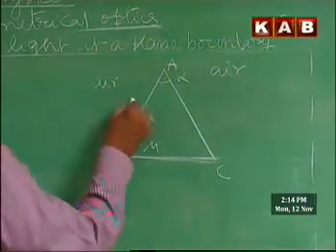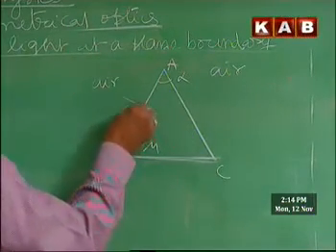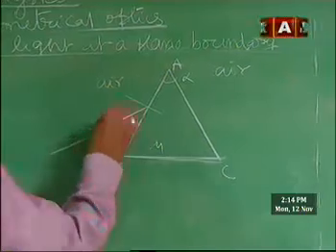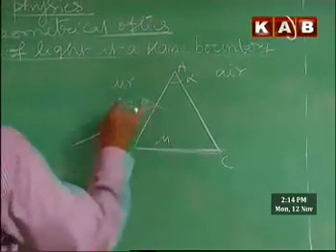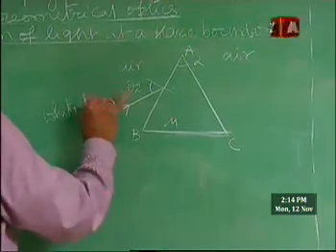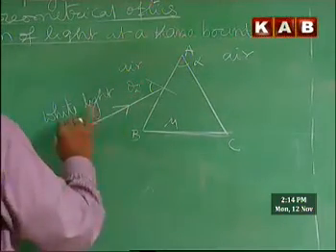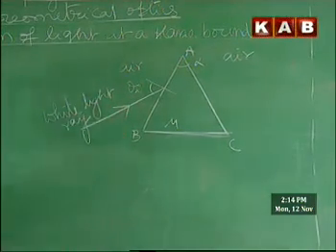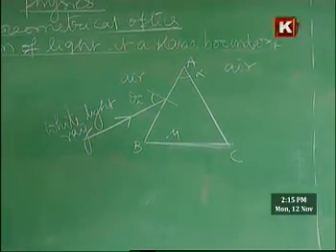Now a light ray is incident at some angle here, theta i. This is a white light ray. A white light ray is a polychromatic or composite light ray. When light